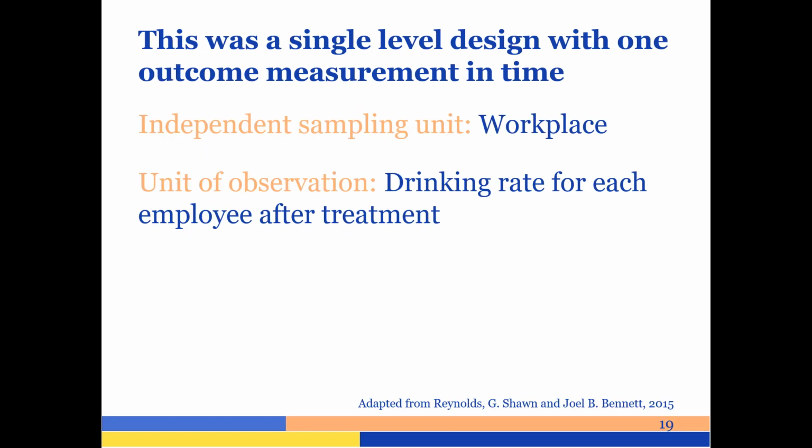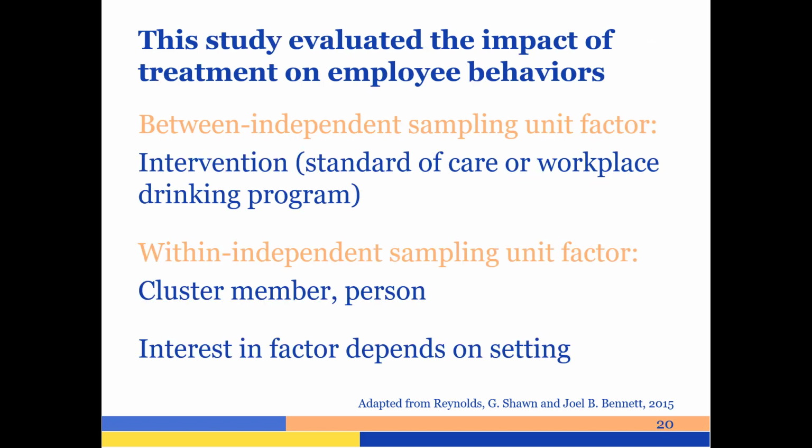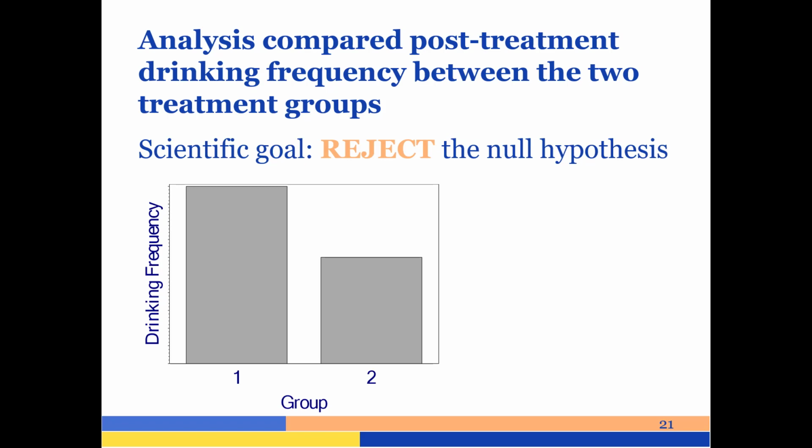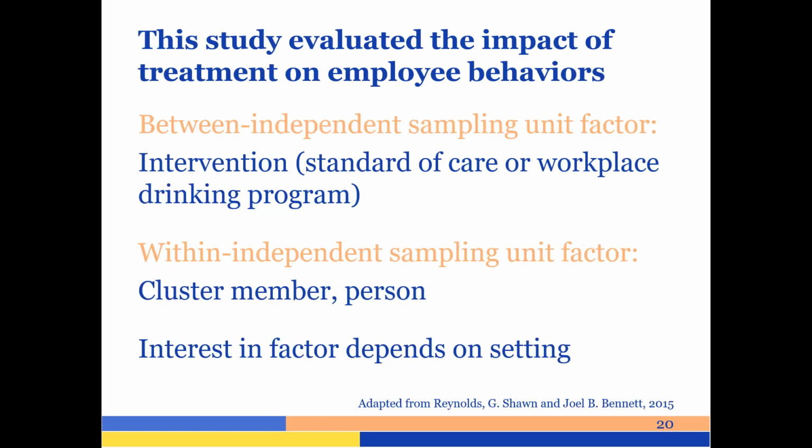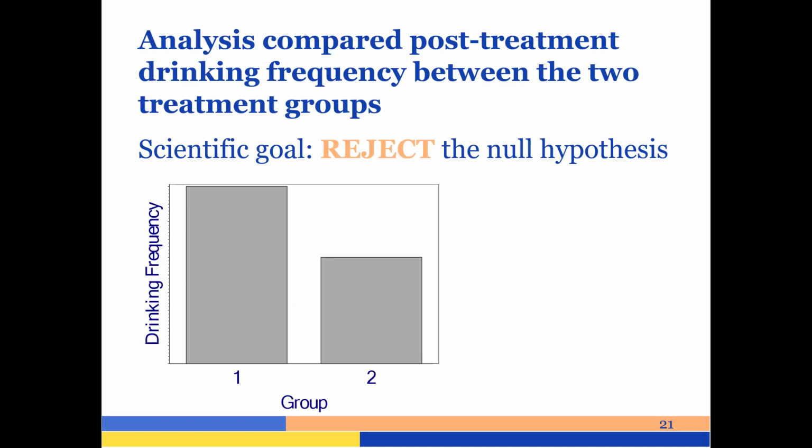Here are more characteristics of the study, as you may remember. The workplace was our independent sampling unit, and the drinking rate was the unit of observation. There was a between factor, which is treatment or intervention, and a within factor, cluster membership, inducing correlation within the workplaces. We looked at the post-drinking frequency between the two groups,